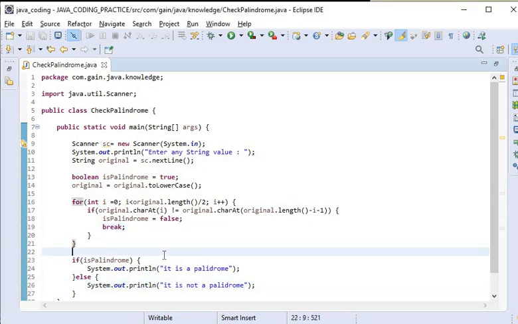Now I will run this application, and after that we will discuss what algorithm we have used here.